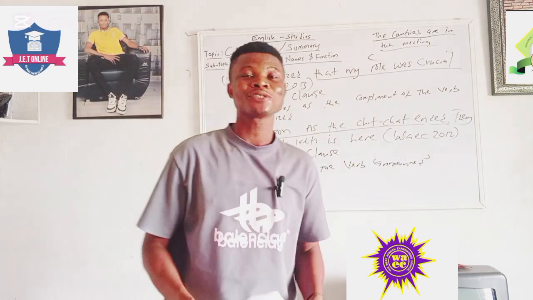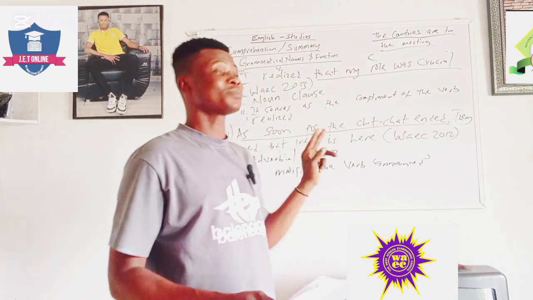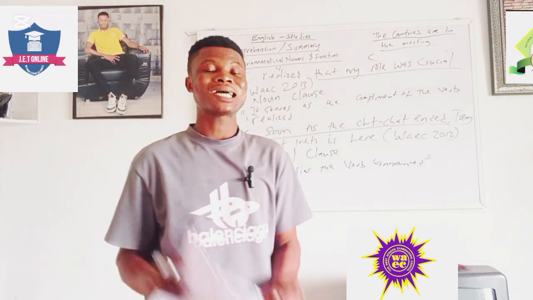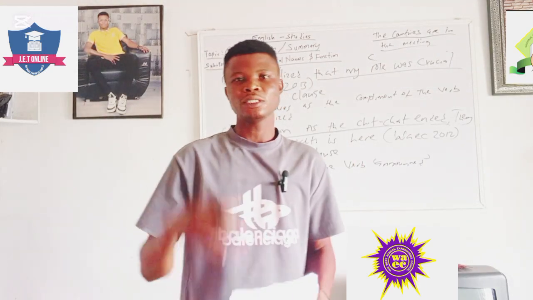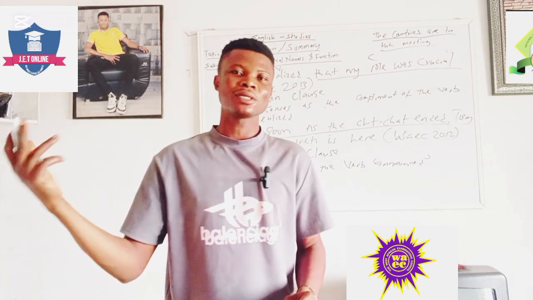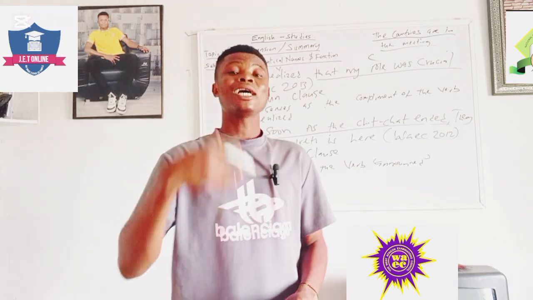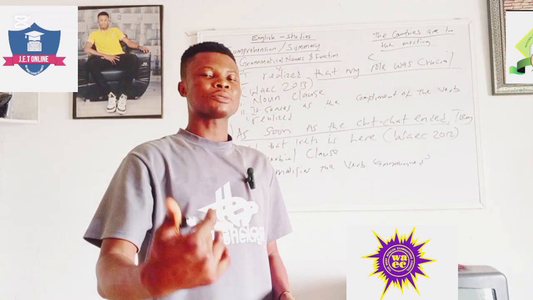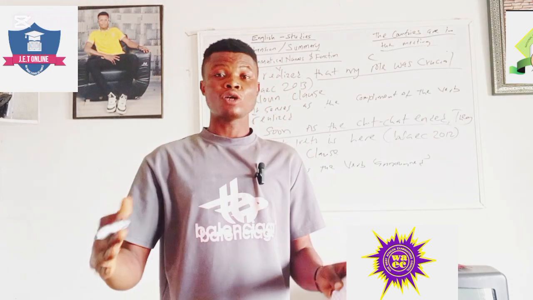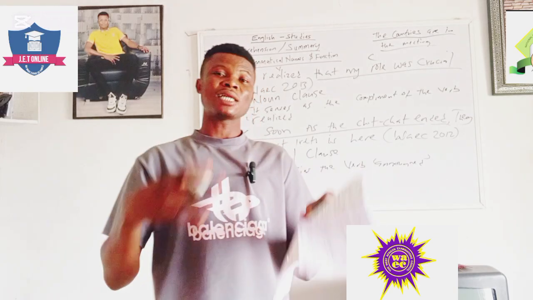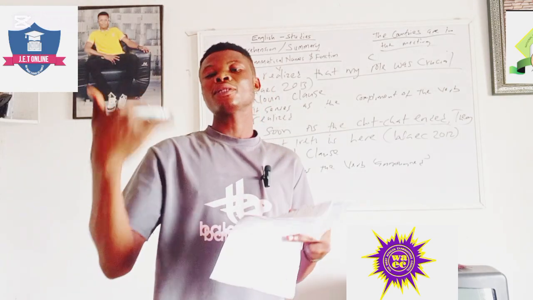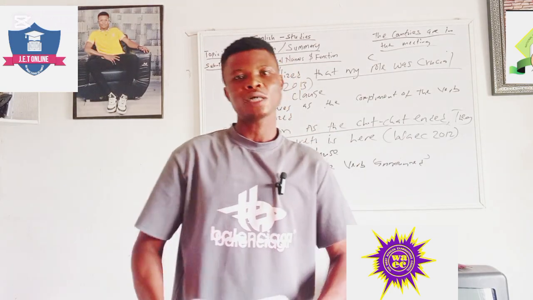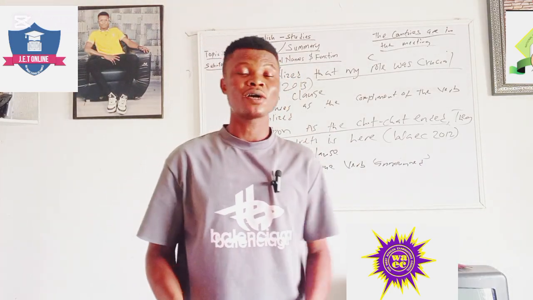In our other videos, we still have 2 items left under comprehension and summary, which are figures of speech and word substitution. In the passage, certain expressions will be underlined, the same way we have in grammatical name and function, and you will be asked what figure of speech is used in the expression. Then the other aspect, word substitution: certain words will be underlined, about 6 or 7, and you will be asked for other words that can replace them as used in the passage. So look forward to our next video to discuss these leftover items.